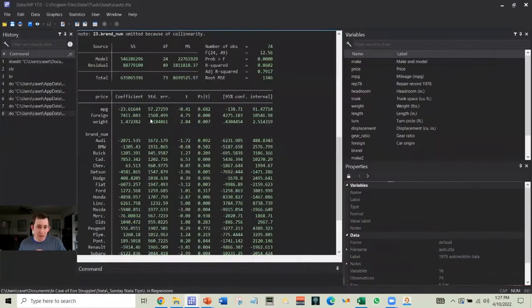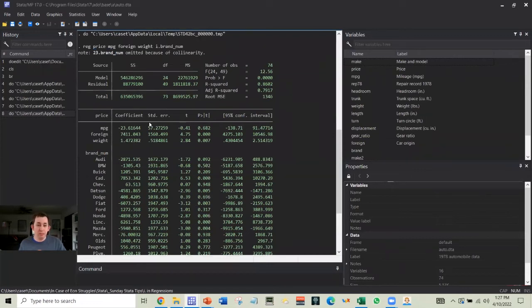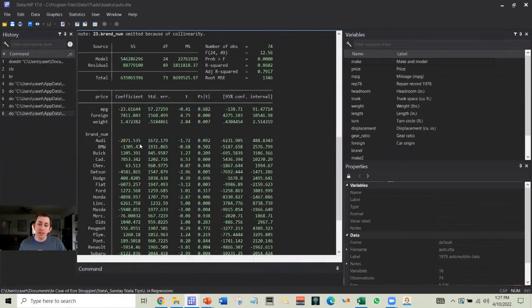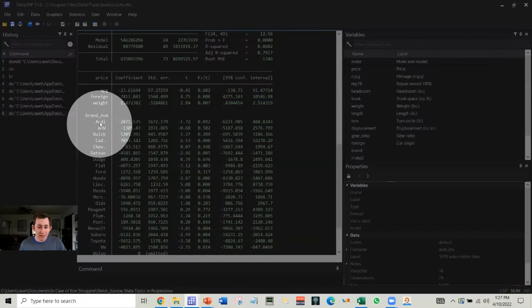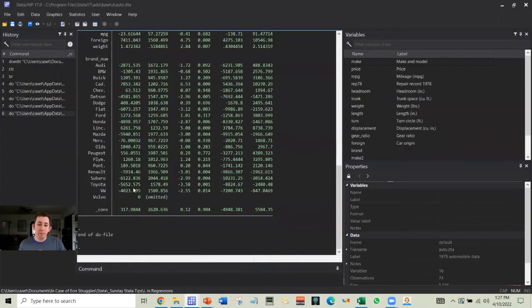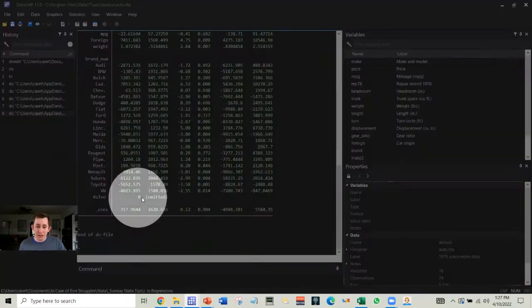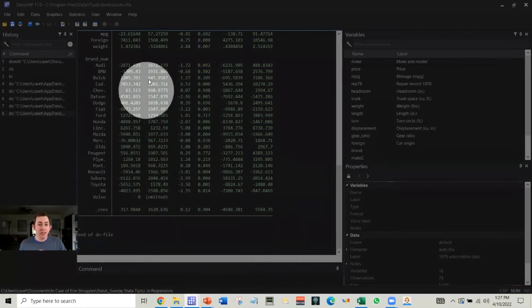So here is the regression output, similar to the output we've seen before in a previous Sunday Stata tip. The difference here is that you can see I have each brand here, and they have a coefficient on each brand. Which brand did Stata kick out of the regression? What is our reference group? It's just Volvo, and you can see that here with 0 being omitted,